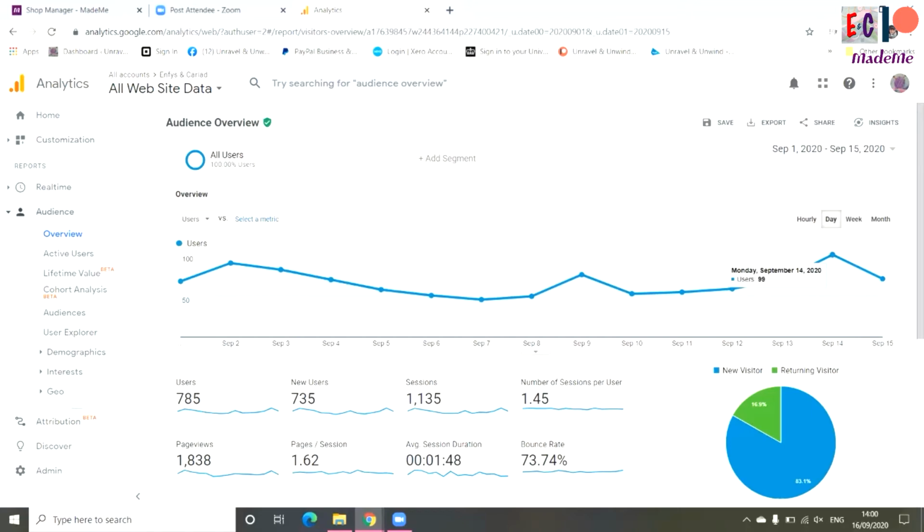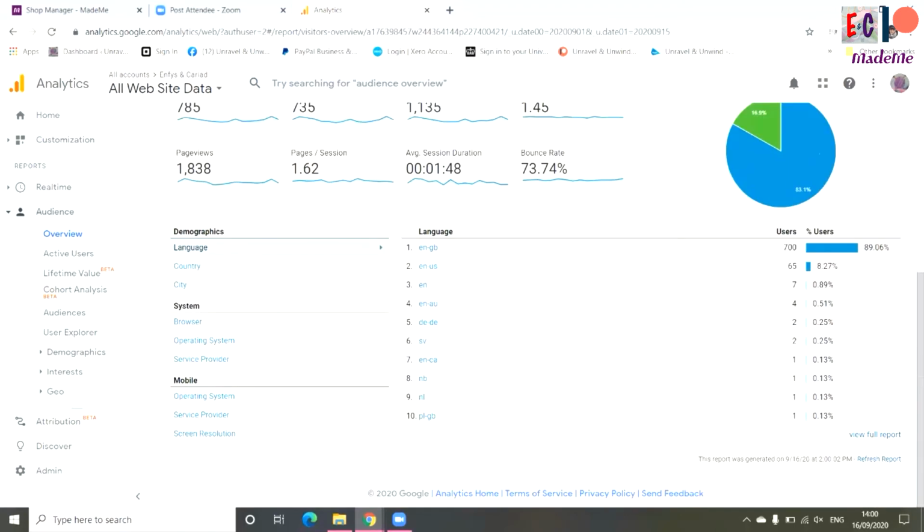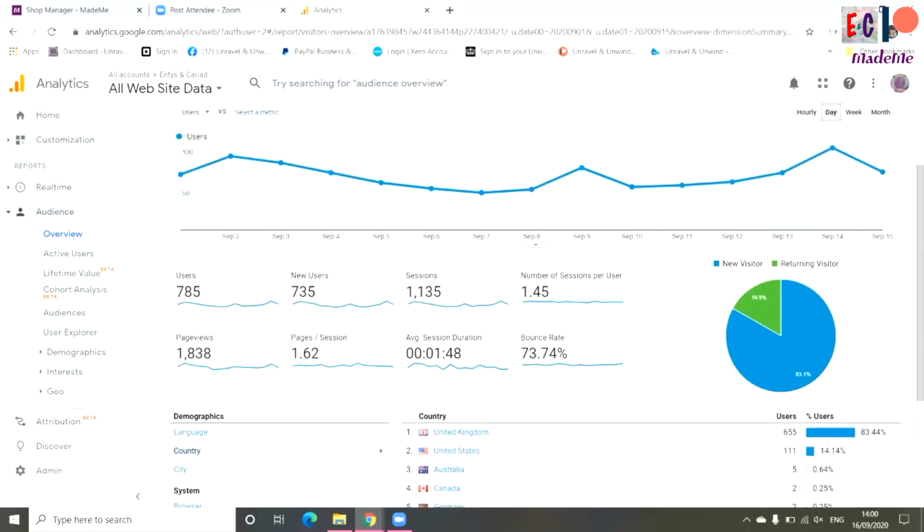Scroll down, you can see the percentage on a pie chart showing returning visitors and new visitors. Down the bottom there, you've got different demographics you can choose from. You can select country and you can see which countries have viewed your MadeMe page. There are other demographics that you can choose from. If we go back onto the home page,